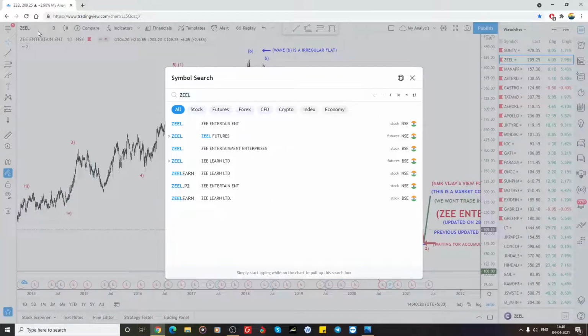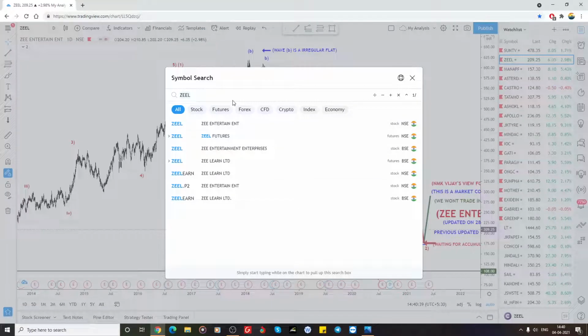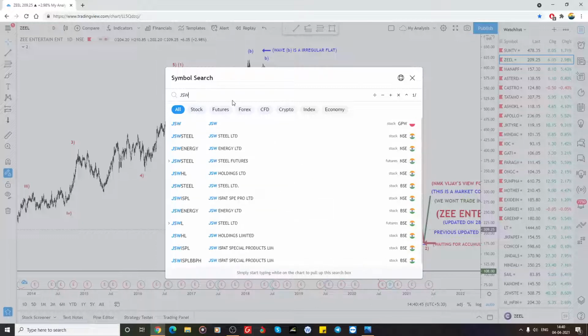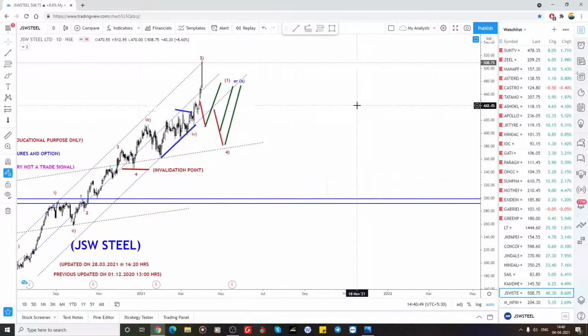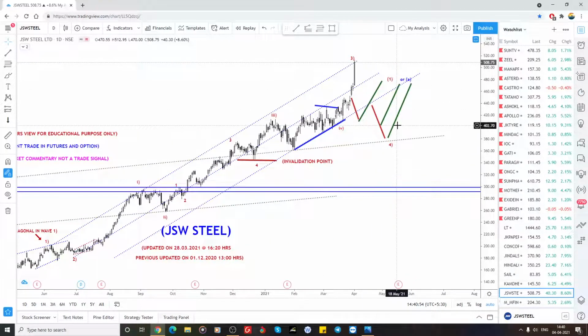So let's move on to the steel sectors. I think we will just check the watch list. Yes, on TV, we can move to the steel sectors. It's all exactly what I expected, and the unexpected is also happening in the steel sectors. So JSW, I was looking for a downtrend of three-wave structures. It's not a downtrend, sorry, it's a pullback I'm expecting, but it didn't come.